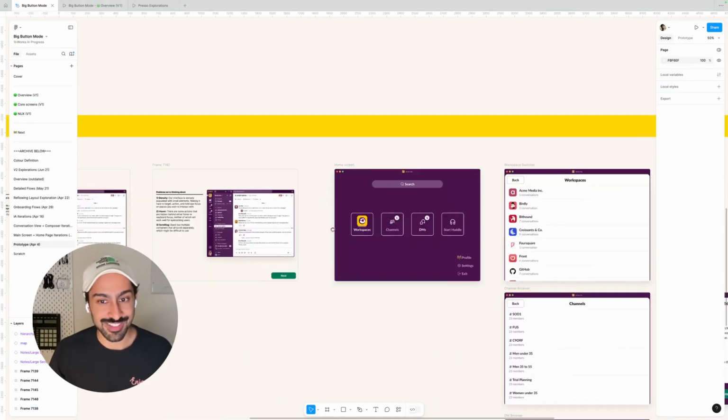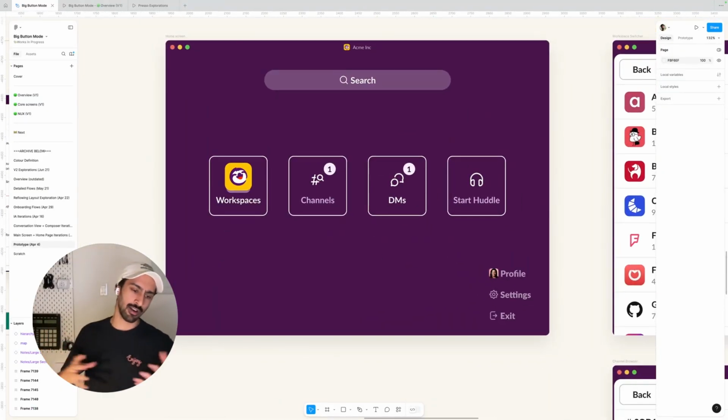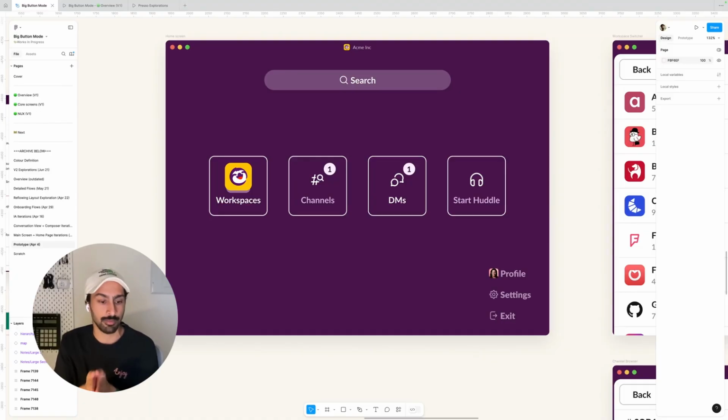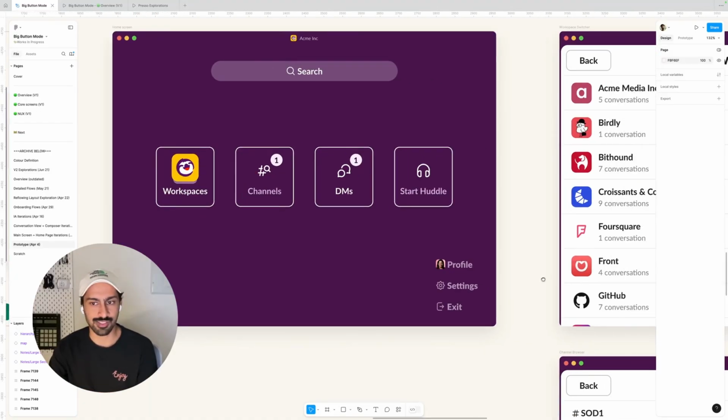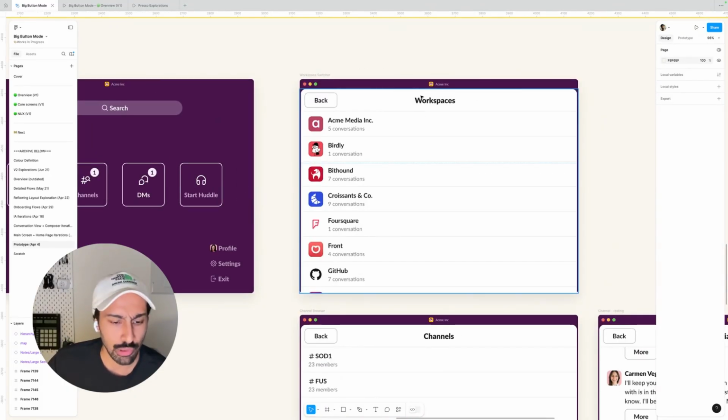So my first exploration was, let's actually offer a very watered down experience for Slack. Let's make it only the core bits of communication. You could send a message, you could hop on a call, and that's it. And so I made a new kind of home screen, and I blew up our menus and lists and made them really large and easy to click with my eyes.